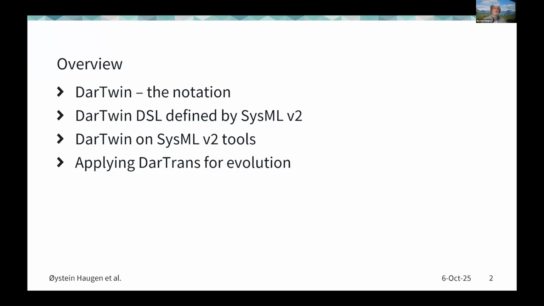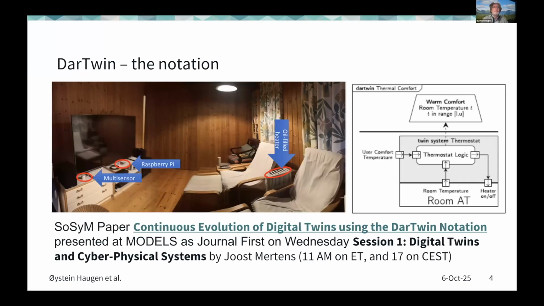First, quickly about the DarTwin notation. Some of us made a sourcing paper some time ago this year, called Continuous Evolution of Digital Twins using the DarTwin notation. And it's actually going to be presented here at Models as Journal First on Wednesday in session 1 by Joost Mertens. And in that paper, we presented the notation. You can see the notation on the right side here,